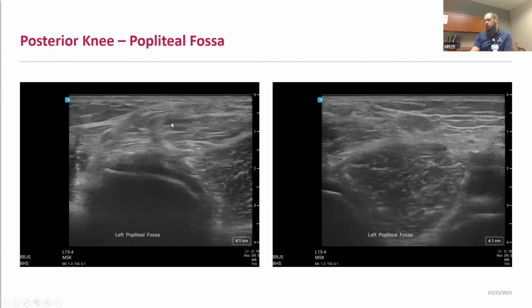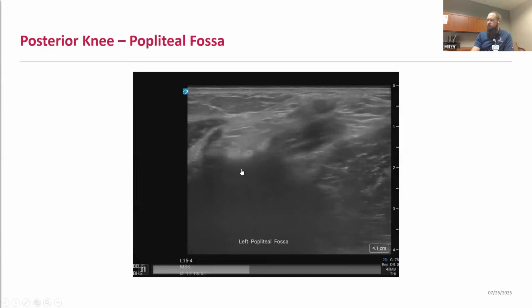The next slide, I've got a video looking at probe positioning. You want to be careful in evaluating these areas because depending on how you're holding your probe, either the medial gastroc or the semimembranosus can look anisotropic and lead to potentially false diagnosis of a Baker's cyst when it's just an anisotropic artifact. And then if you scan more towards the popliteal fossa, medial femoral condyle, lateral femoral condyle, you'll get your more vascular structures, which tend to be more lateral, and you can identify these with color Doppler.